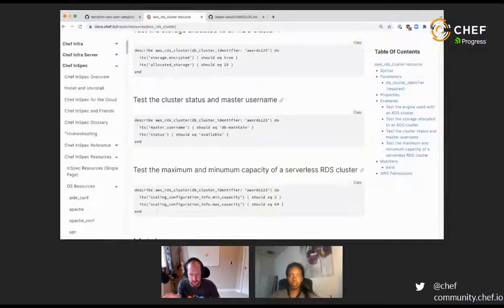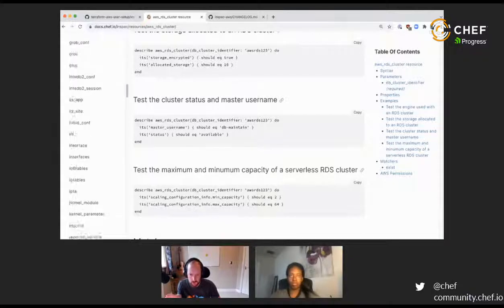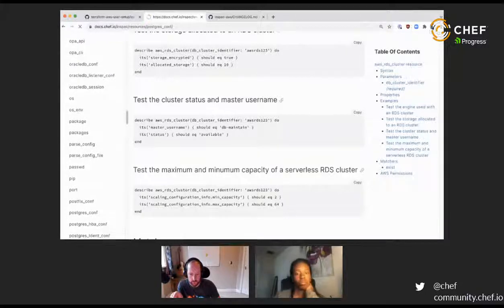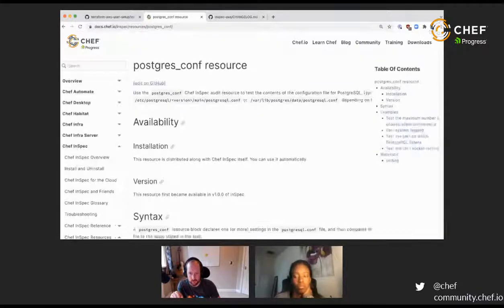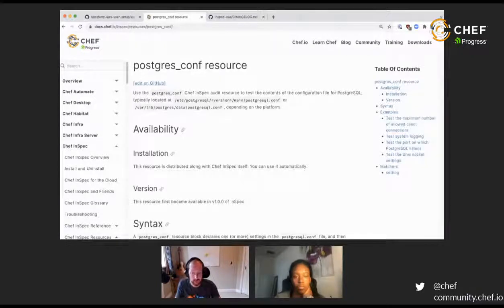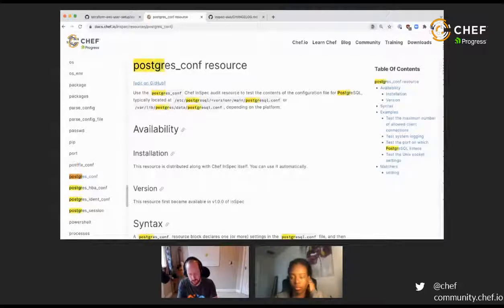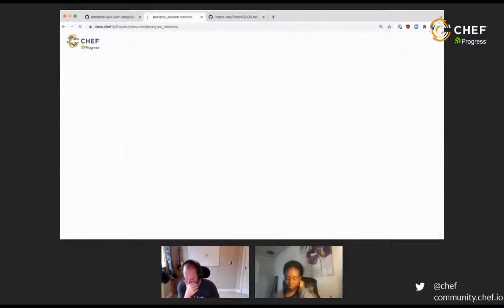So if I go to OS, if you've got a managed Postgres database, there are all of these Postgres resources here, and you can test the Postgres database that way instead, which is quite nice.